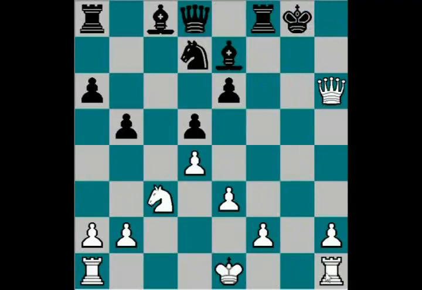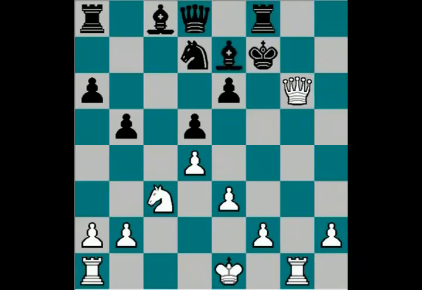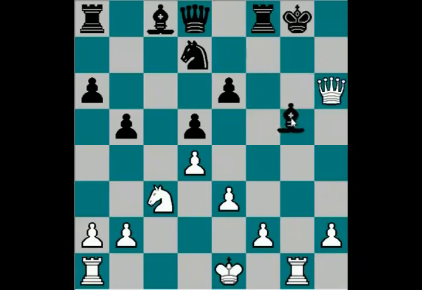White sacrificed two bishops, and they have only two pieces attacking black's king. But black's problem is that they have no pieces defending it. So after rook g1, bishop g5 is forced, since king f7 leads to a mate in one move. Bishop g5 is forced, rook takes g5,